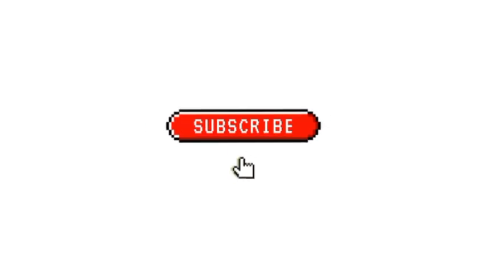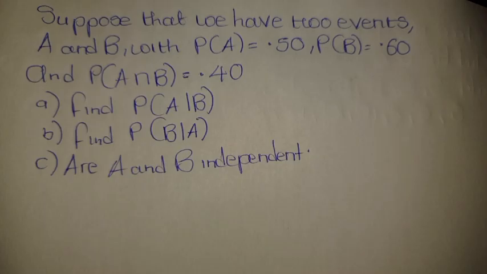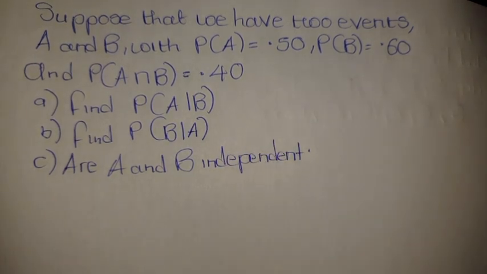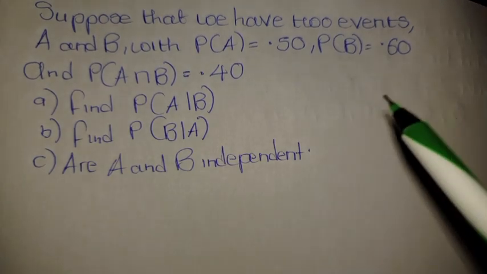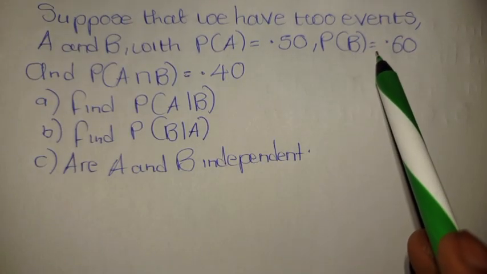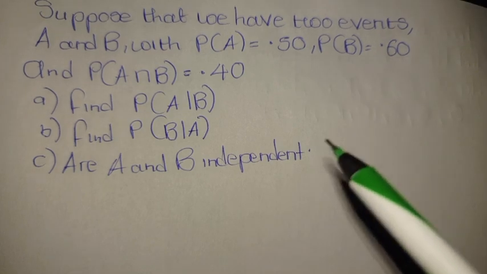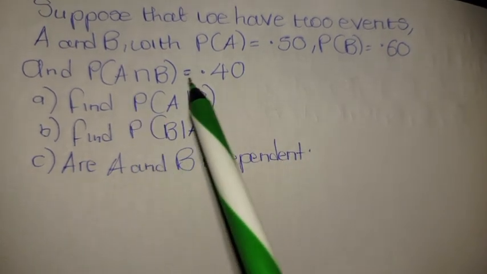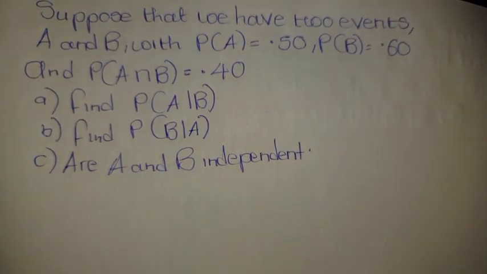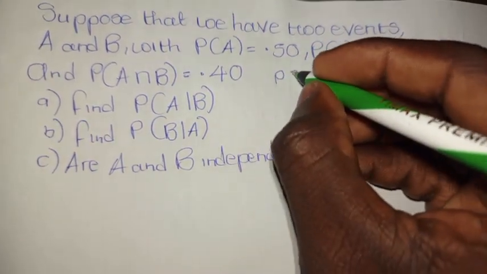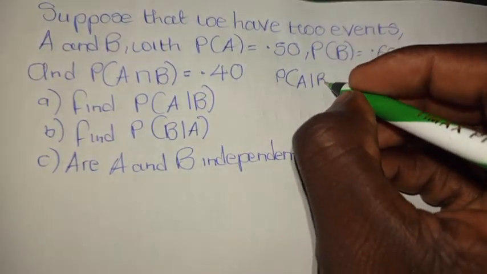So guys, today we have one interesting question under conditional probability. The question reads: suppose that we have two events, A and B, with the probability of A being 0.50, the probability of B being 0.60, and the probability of A intersection B being 0.40. The first question reads: find the probability of A given B,